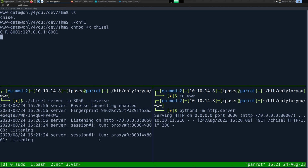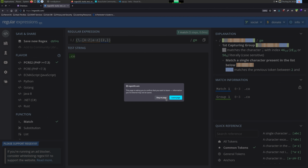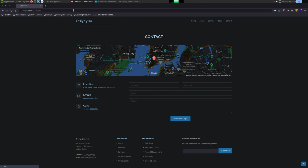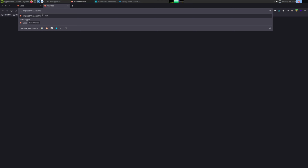Okay, we can see our proxy is listening. So we have port 3000, 8001, and I could have used a SOCKS proxy. The reason why I didn't is because I just hate configuring Burp Suite to use a SOCKS proxy. I'd rather just have my local host do it. So I can do 127.0.0.1, port 3000, and this should show us GOGS, and we can do